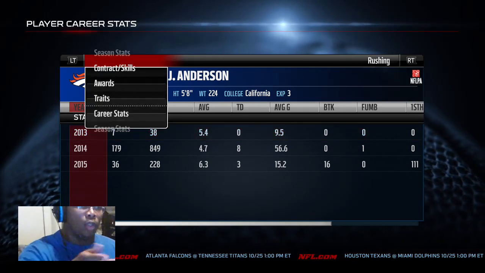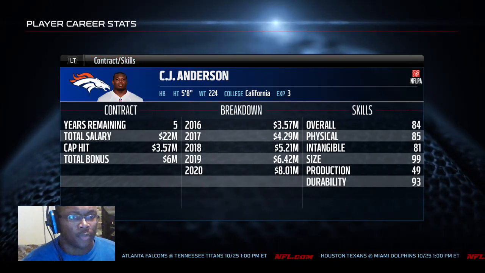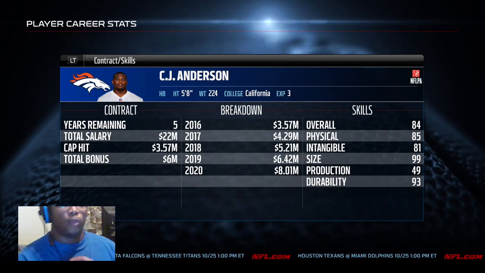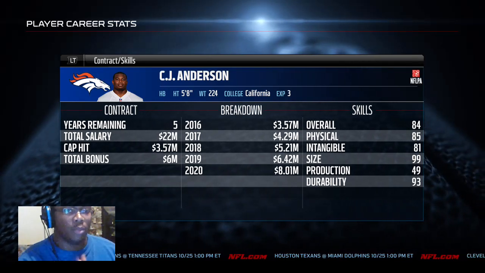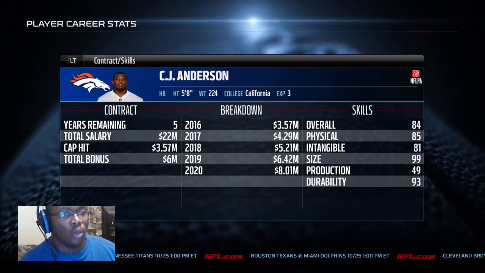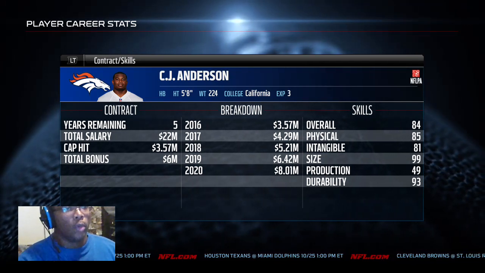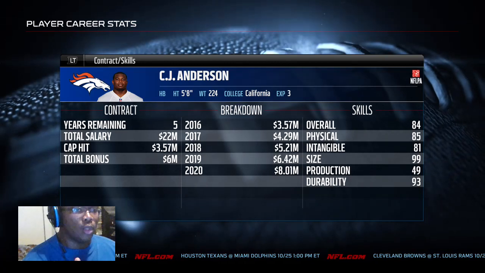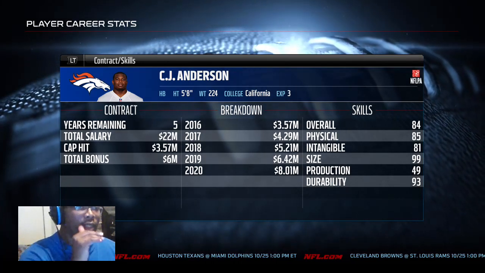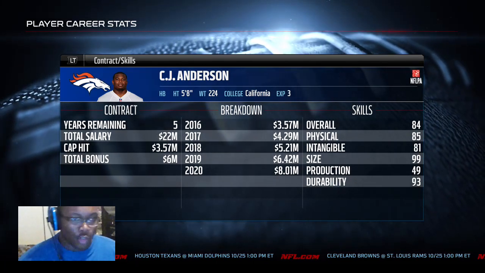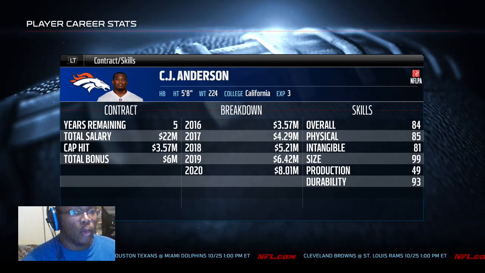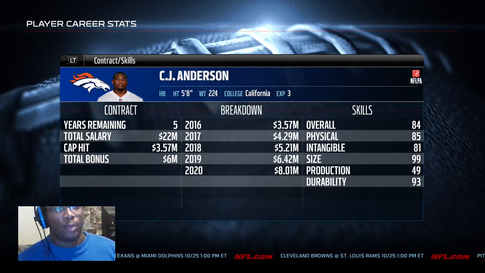So what you want to do is go here to where you see contracts and skills. And what this does for you, if you can see right there, you see contracts and then breakdown. The breakdown lets you know what's going to happen or how much you'll owe going forward. What gets tricky is when you go to cut somebody. You say you want to cut him. It'll say cap hit $3.5 million. You might be like, you know what, I can deal with that. But what it won't tell you is that when you go to the next year, your cap penalty will be